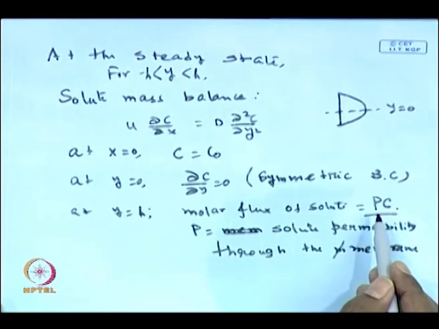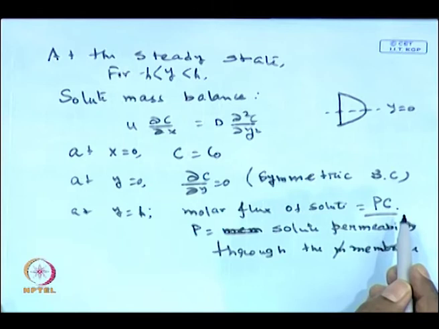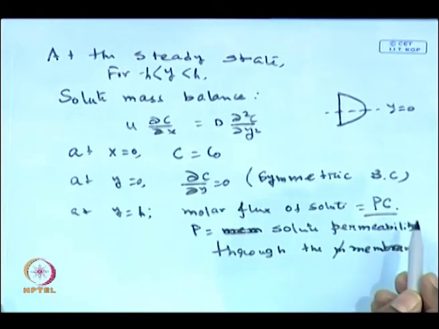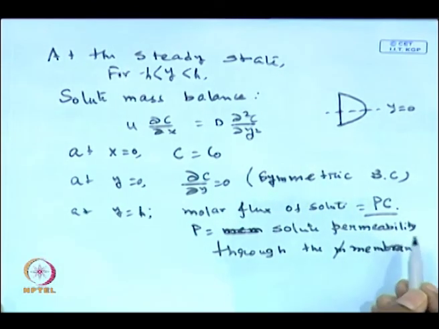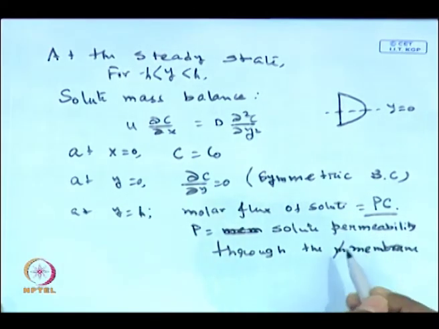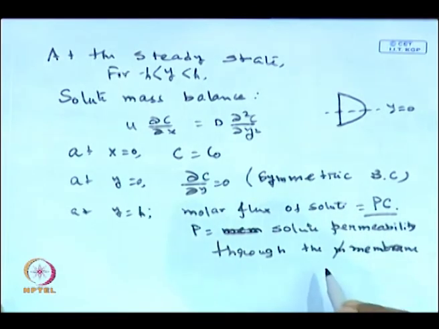Therefore, the molar flux of the solute through the membrane should be P times C at the membrane feed interface minus that at the membrane dialyzer interface, but we are assuming that concentration will be equal to 0 on the dialyzer side, because the dialyzing fluid is maintained at sufficiently high velocity. So it becomes 0 immediately and is washed away. That simplifies the whole analysis; otherwise the whole thing would have to be solved numerically.